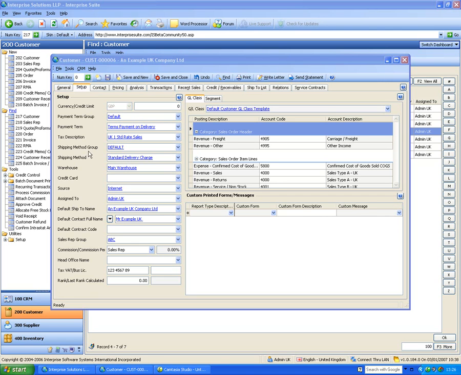Same with shipping methods as an example. It may be that you offer next day to UK customers, but you can't offer next day to EU or customers in the States, because obviously you just can't do it. So what you do is you group your shipping method types together, so you know what you can offer a particular customer. Okay, default tax code, default warehouse, who they're assigned to, which user they're assigned to in the main,